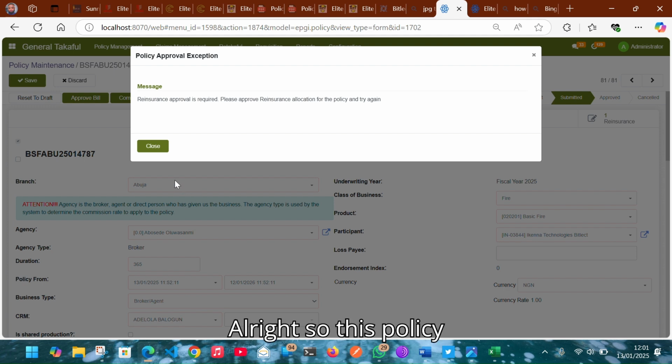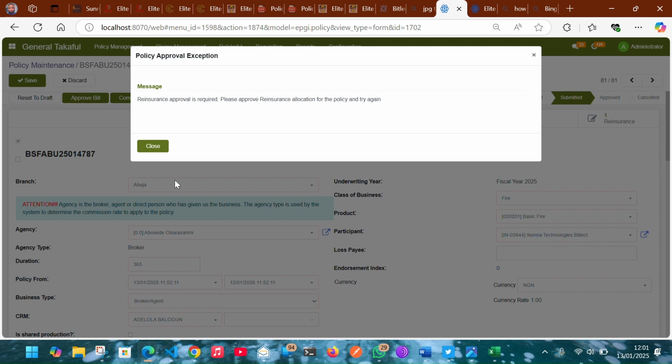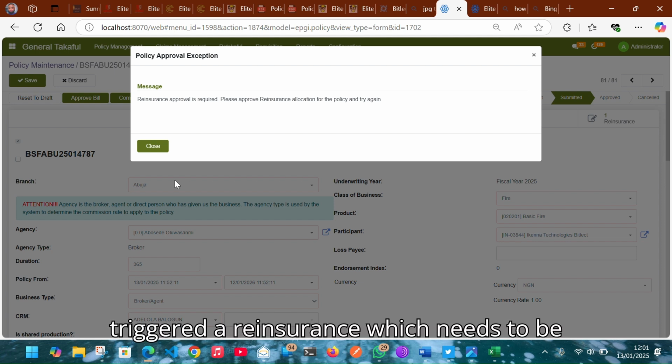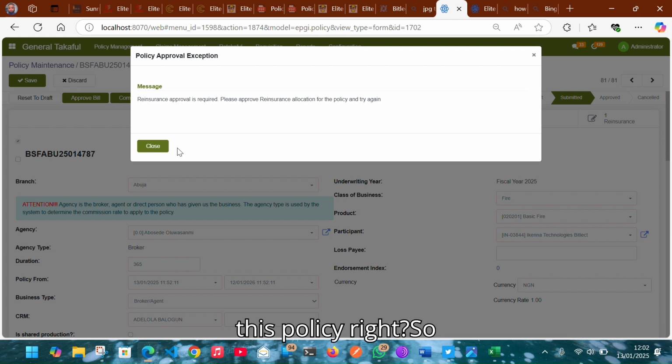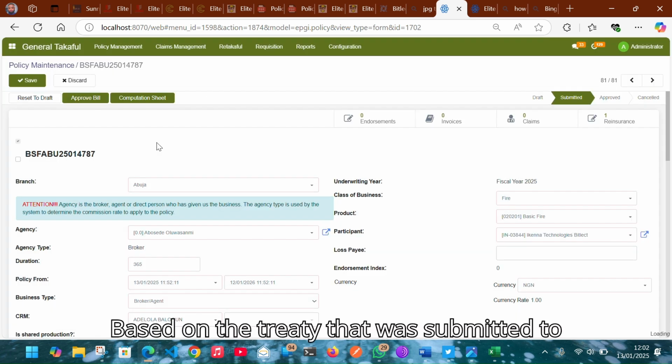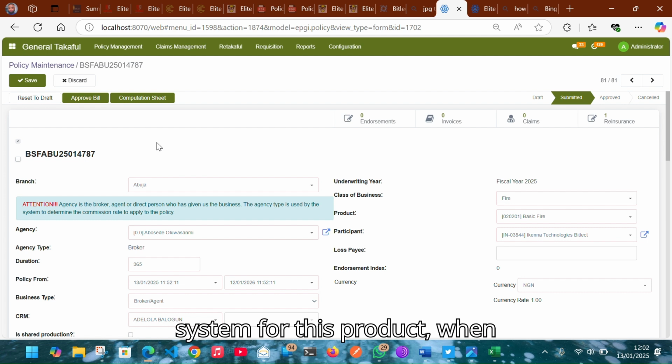All right. So this policy, based on the configuration on the system, exceeds our retention limit. Therefore, it has triggered a reinsurance, which needs to be approved for me to successfully approve this policy, right? So, based on the treaty that was submitted to Bitlet Technologies and configured on the system for this product,